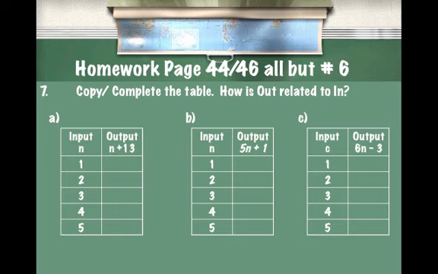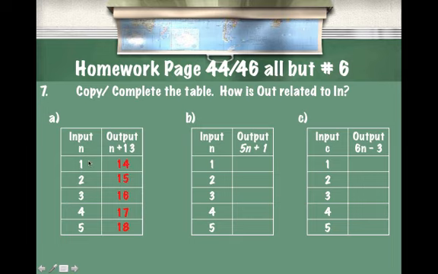Question 6 we didn't have to do. Question 7 asked us to copy and complete the table. How is output related to the input? So our first one, if this is n and the output is n plus 13, all we do is replace each one of these numbers in the place of n. I'm left with the following numbers. If I'm asked how is output related to input, I would say that output is 13 more